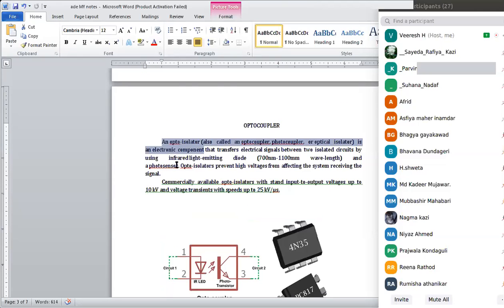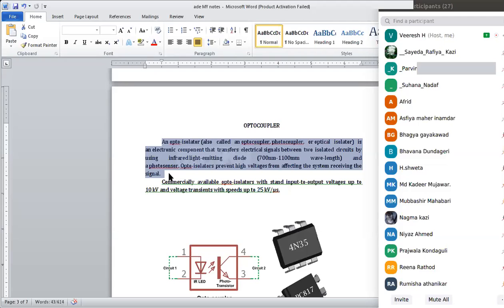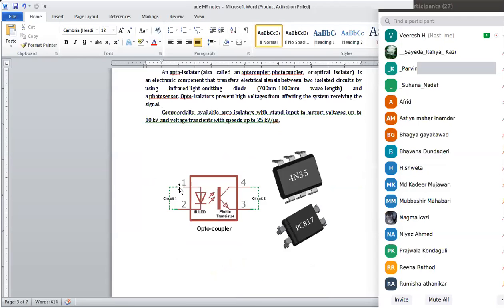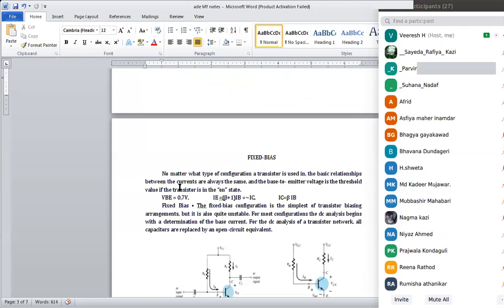So some definitions are there. Just go through this definitions. So, okay. Now